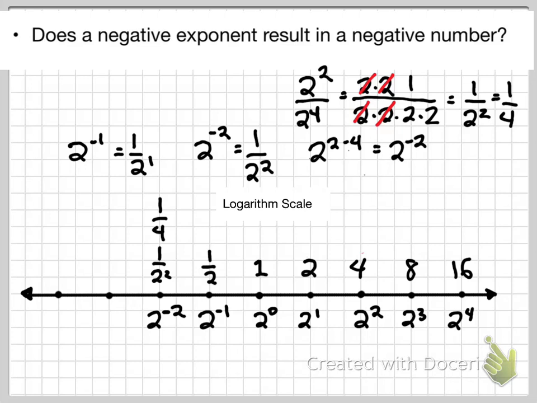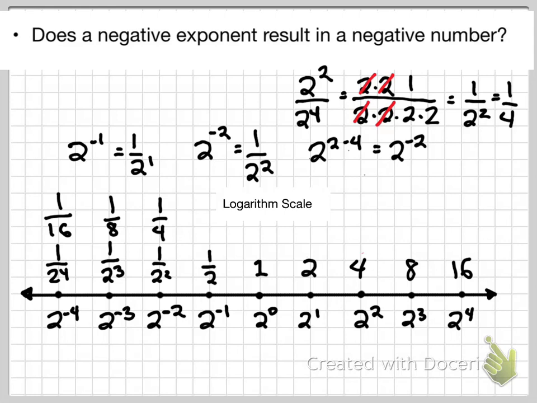If we keep going backwards on this number line, 2 to the -3rd is going to be 1 over 2 to the 3rd power, or 1 over 8. Then 2 to the -4th power is going to be 1 over 2 to the 4th power, or 1 over 16. So let's use this scale to answer the question,